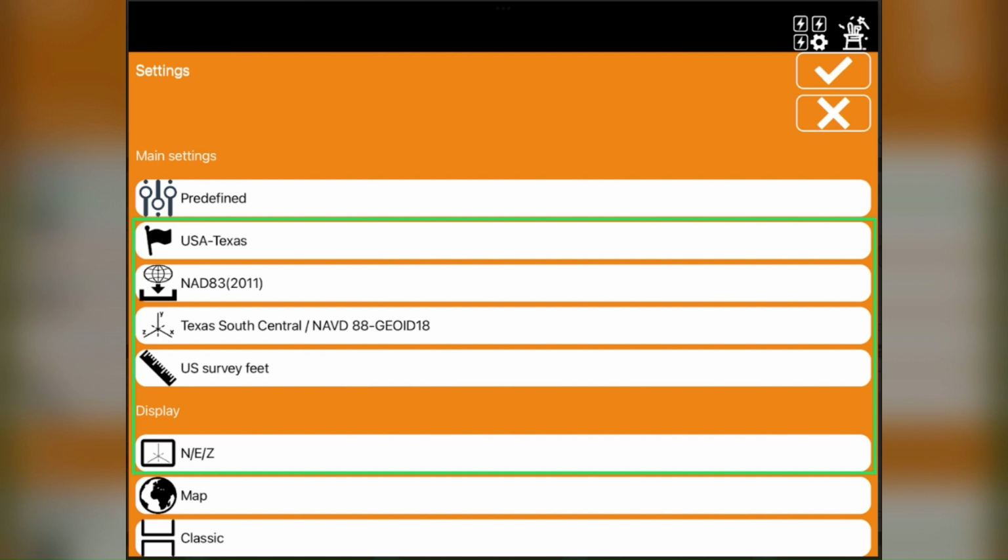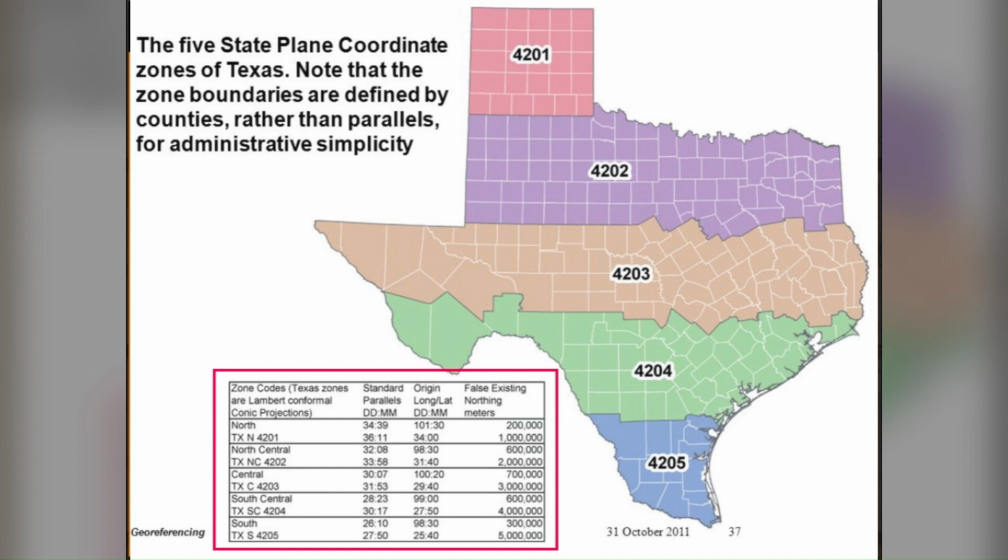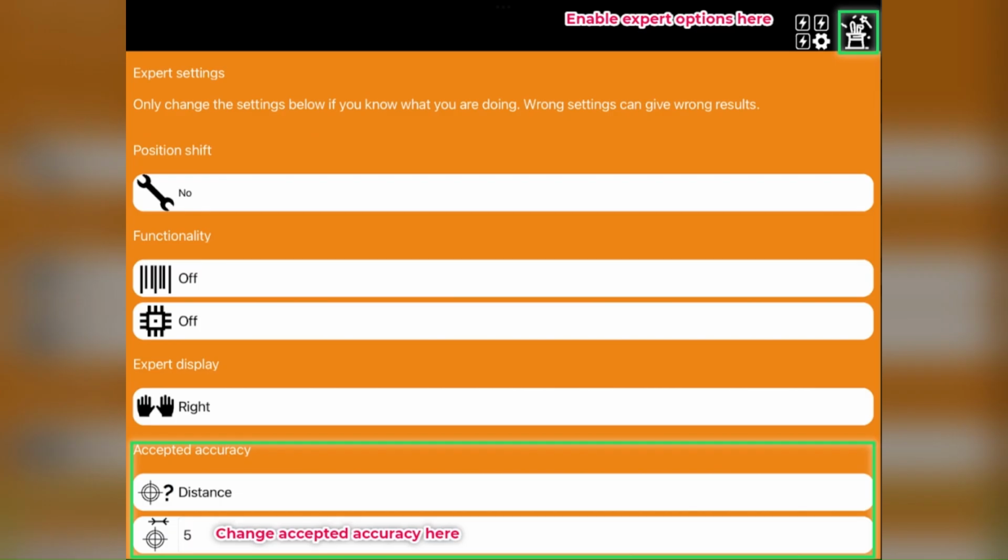There are a lot of graphics out there and different resources that can help you determine your state plane zone. But if you have questions about the right coordinate system that you should be using, consult the Get team at Bad Elf. Lastly, enable the Expert settings on the top right to tune your accepted accuracy to the spec for your project. The example below is set to 5 US survey feet of GPS accuracy. You can also set this to fixed type,